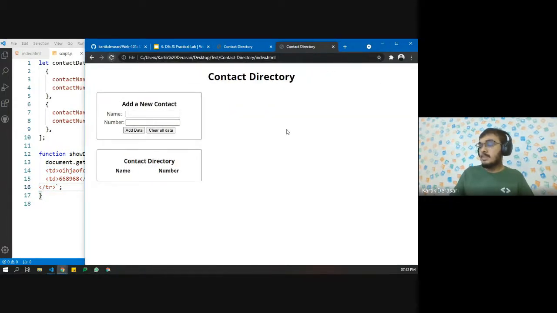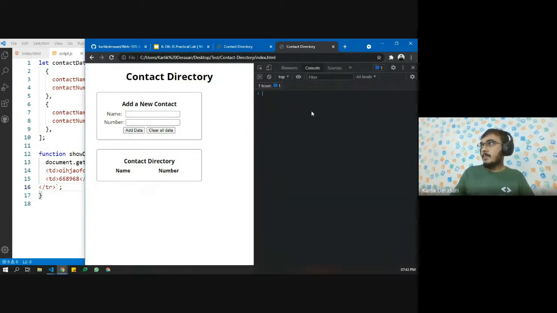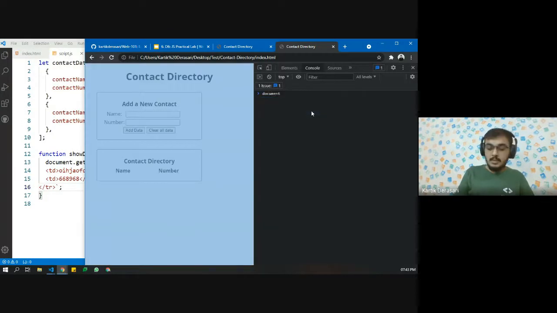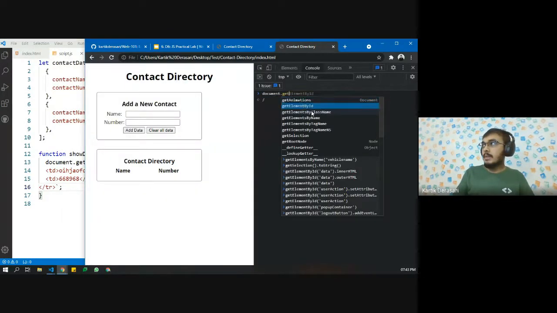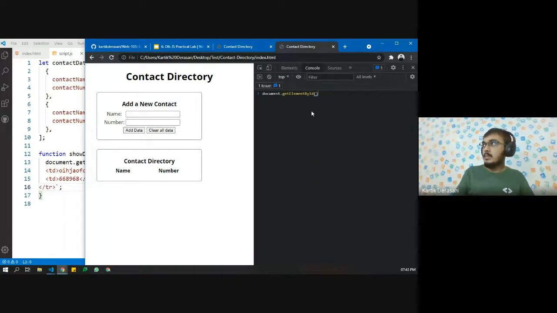Okay, let's debug this. So when we talk about document, then we have getElementById. Inside that, we have table slash body.